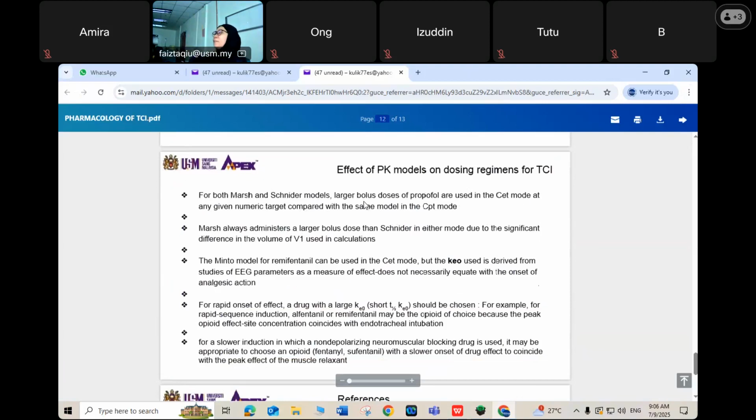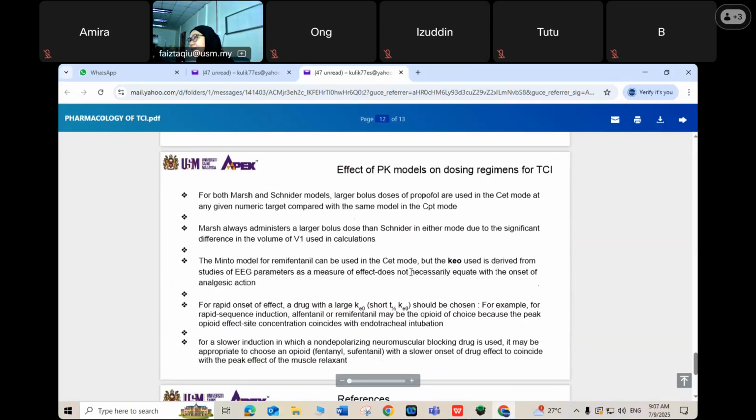But kalau you compare between these two model, Marsh akan bagi a larger bolus compared to Schneider. So Marsh always administers a larger bolus in either mode due to significant difference in the V1 calculation lah tadi. Lepas tu, Minto model for remifentanil can be used in the effect